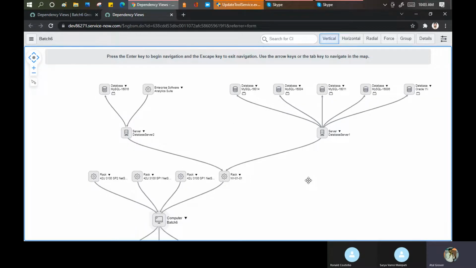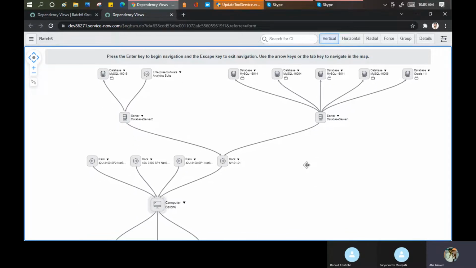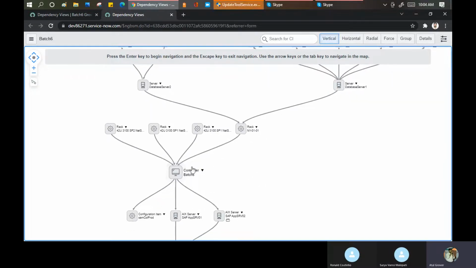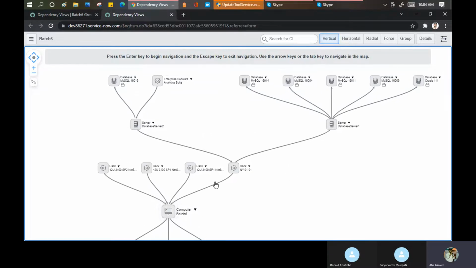I'll tell you when we discuss the CSDM model specifically. Suppose I am deploying a change on this CI. Okay, maybe I need to take approval from the downstream as well, because if this fails, all of these will fail. But if this fails, there will be no effect on these. Correct? Upstream is not majorly affected, right?